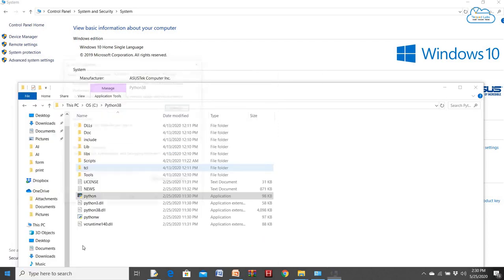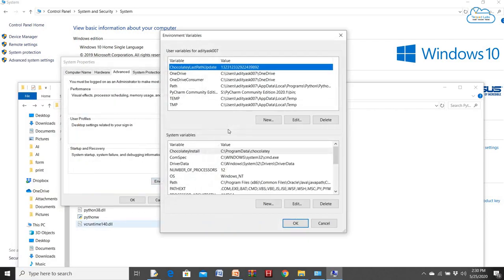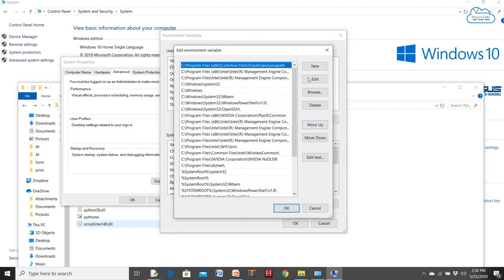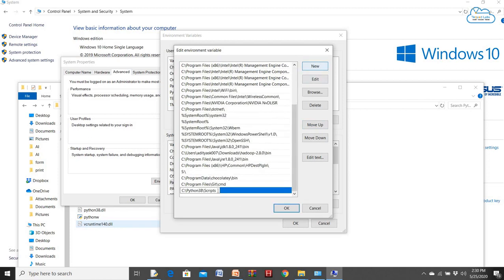I'm going to just repeat it again. Small things, you need to go to your environmental variables. Then you need to choose the path for your system variables. You need to click on edit, and you need to add two new paths. One path is just your Python directory where your scripts is involved. So you need to use that scripts also. That is one. Then you need to remove the scripts and just